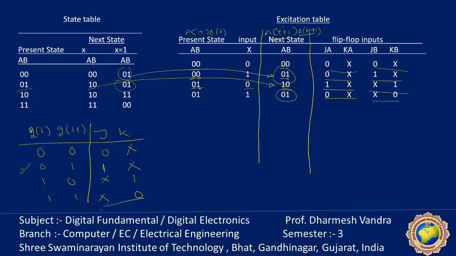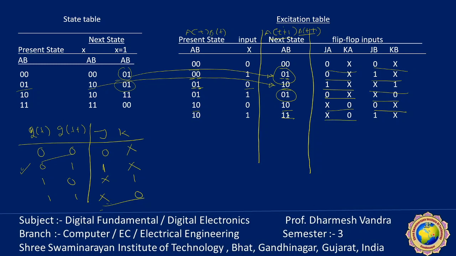Okay. Next is 1 0. The input is 0. The next state is 1 0, which means the state remains the same. If the state remains the same, 1 1, this one x0, while B is 0, B plus 1 is 0, so that means the input is 0x. Next is 1 0 and input is 1, so it will become 1 1. So A plus 1, A is 1, B plus 1 is 1, both are 1 1, so x0.